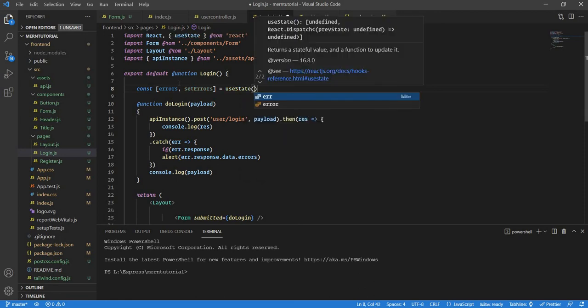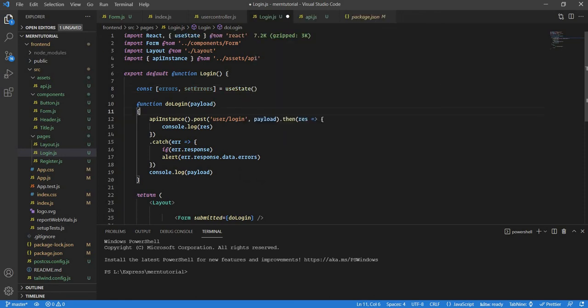It will be the React thing. It's auto imported. That's great. Initially it will be blank, and then what I'm going to do is put curly brackets like this, because it's JSX syntax, and then I'm going to say if there are errors, double ampersand sign. So if errors, then